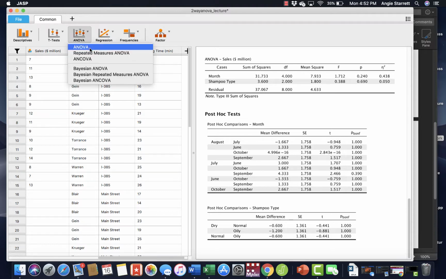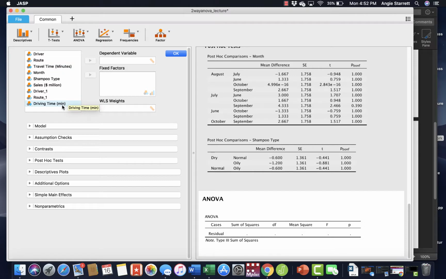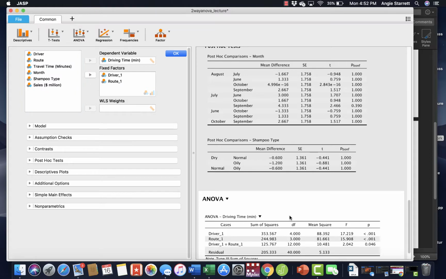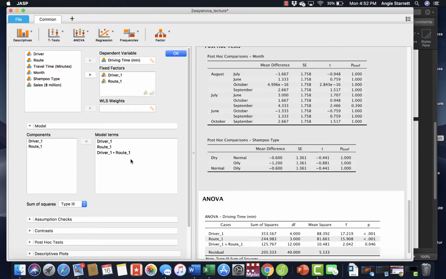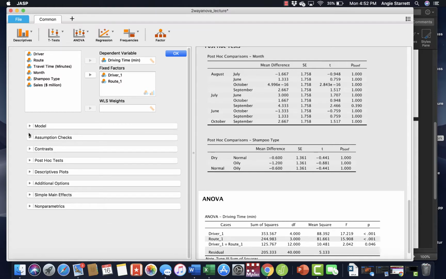So let's do an ANOVA, and we're going to put that last driving time in the dependent variable, and then driver 1 and route 1 in the fixed factors. Now notice we don't get an error message because we can calculate the interaction. All right, so we see our interaction here in the model, and we want to leave it there. All right, let's go to